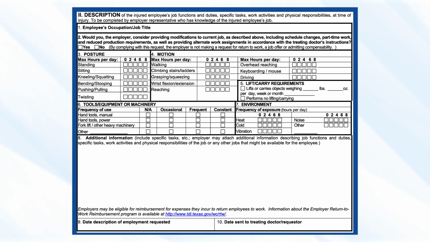On here as well, employer flexibility. So as an employer, is there any willingness to modify their duties or provide any alternate work for the injured worker? You can provide additional information like attachments, the job description, or any alternate job options that you may have